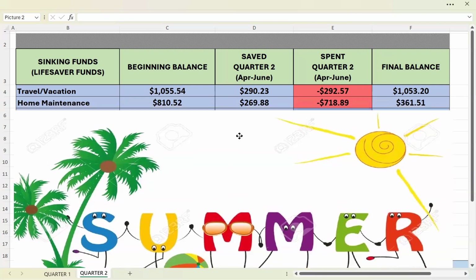Home maintenance. So this is an online sinking fund, and all of the sinking funds that are in blue are my online sinking funds. So for my home maintenance online sinking fund, I have a total of $810.52. That's where I started. I was able to save $269.88. However, I spent